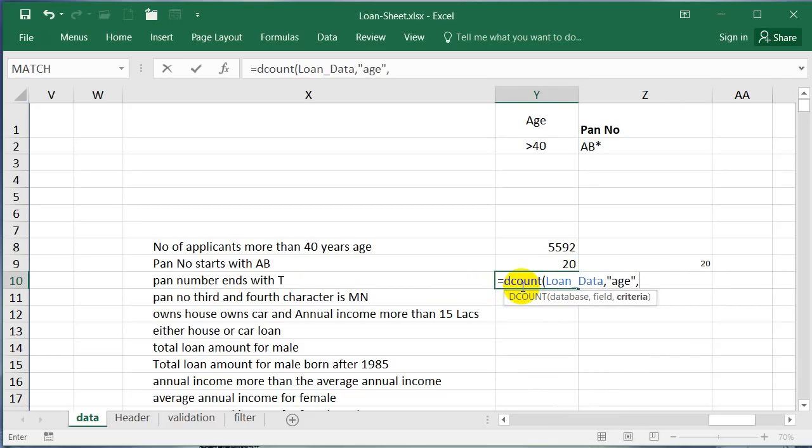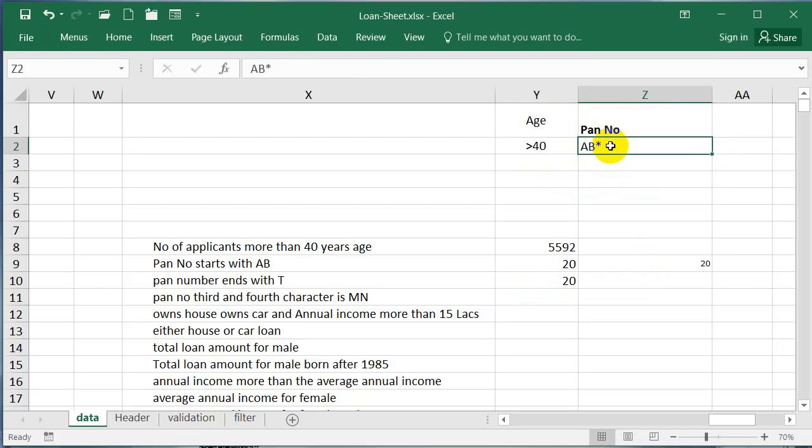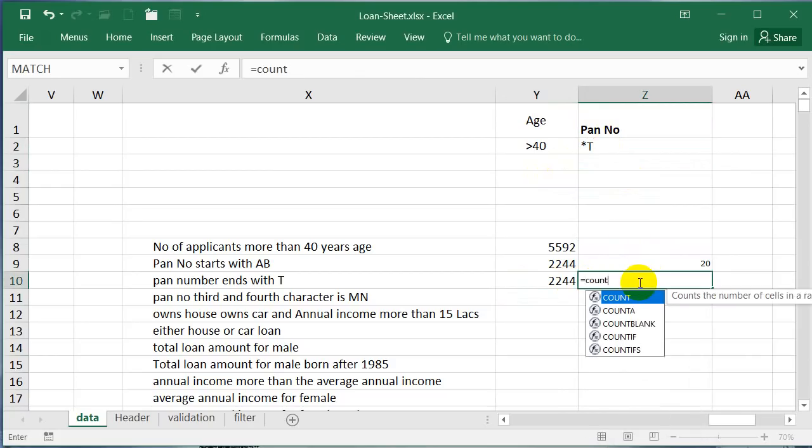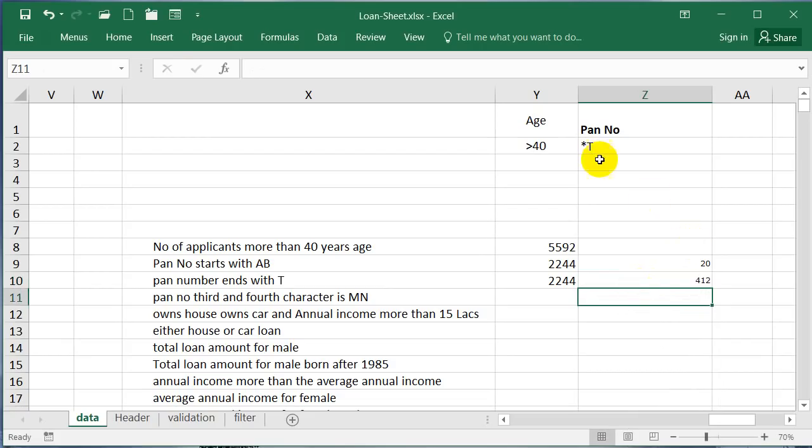And now here we are changing the criteria. Criteria is same. Only thing we have to change it to star T. This is giving incorrect result because the correct result is COUNTIF, this gives you 412.